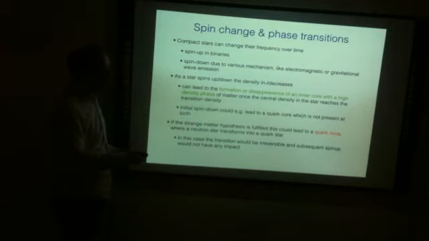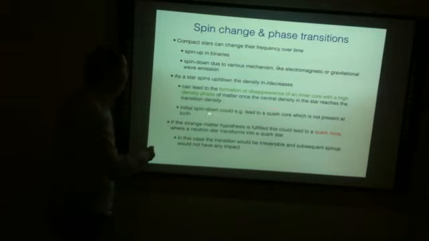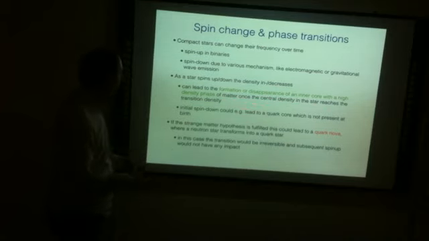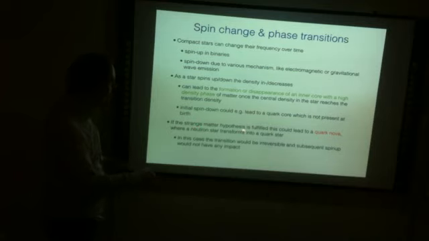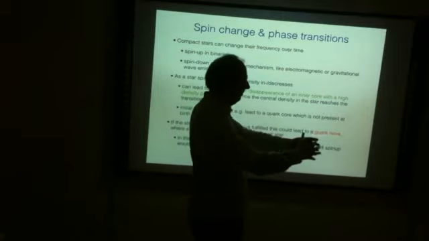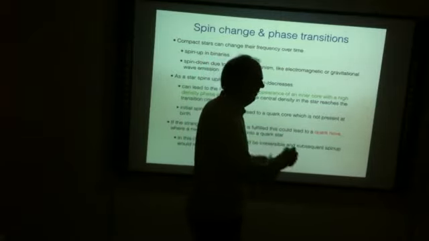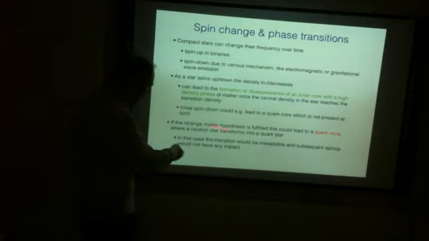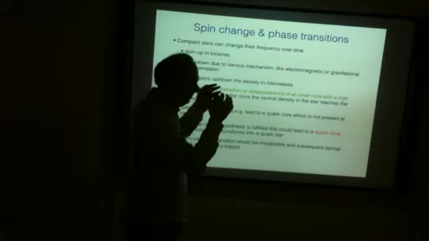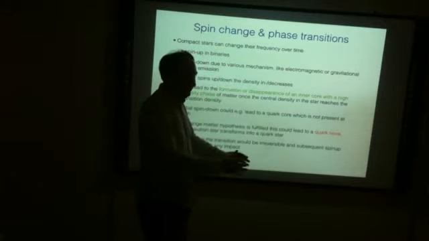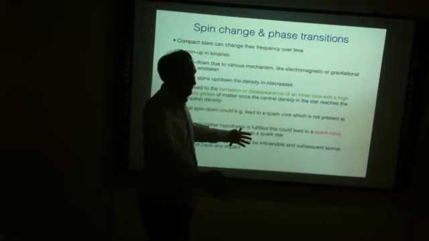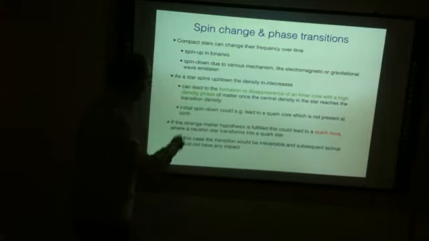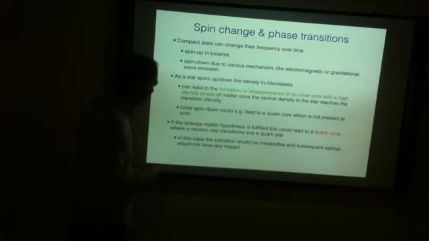In this case, you might actually have observable signatures, because, for instance, if the strange matter hypothesis is fulfilled, this would mean that at some point, as the star spins down, the density would be big enough that a small quark core forms, and then it would just grow and grow, because if this hypothesis is fulfilled, that's the absolute ground state of matter, and it would eat up the entire star at that point. It could be triggered by just spin down.